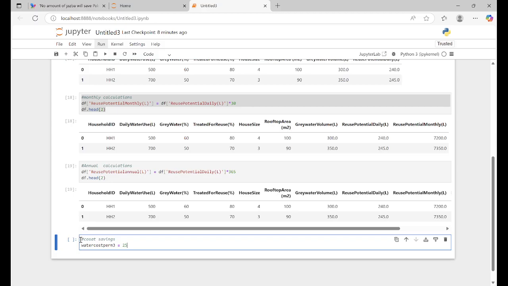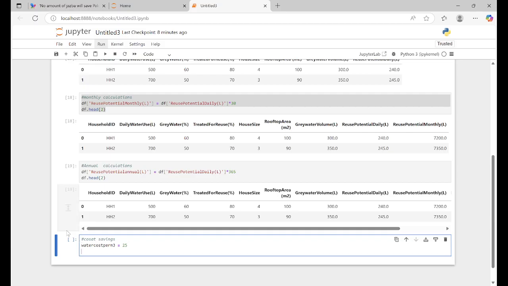Per meter cube is 25. Then we need to create a formula: DF annual savings, in rupees, whatever. These calculations are in rupees. Equal to